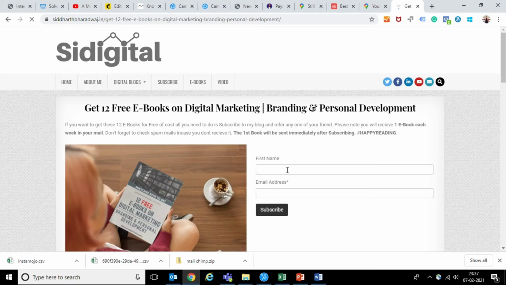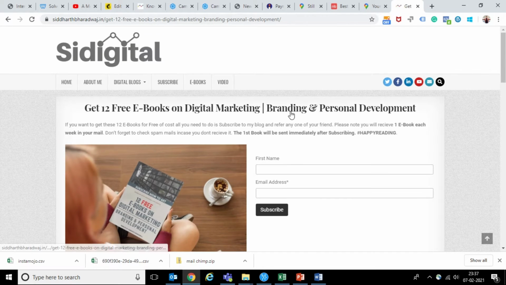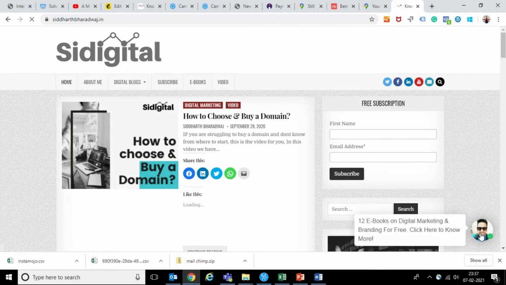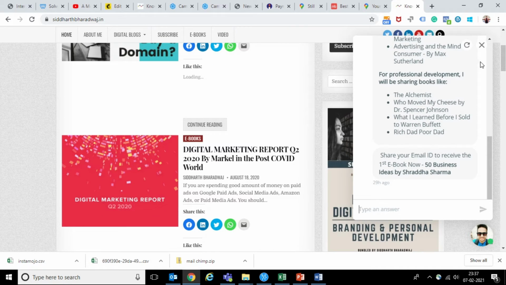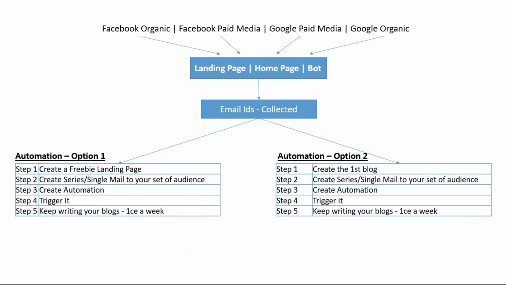They can leave their email IDs and they will start receiving the free ebooks. And the third and most important: if the person lands on the home page, he will see a bot here. On clicking, he will get the details of all the books and he can share his email ID. So this is the way I am collecting email IDs.